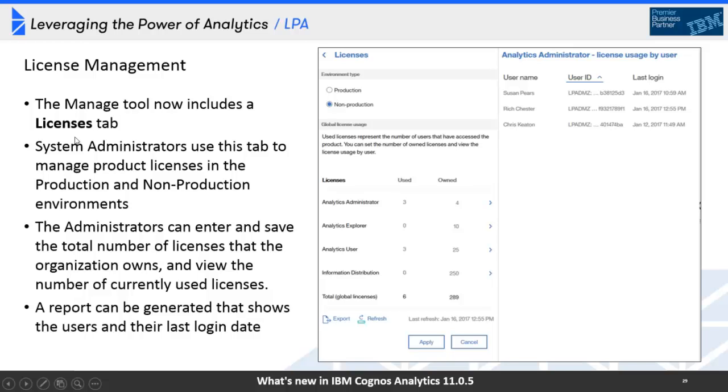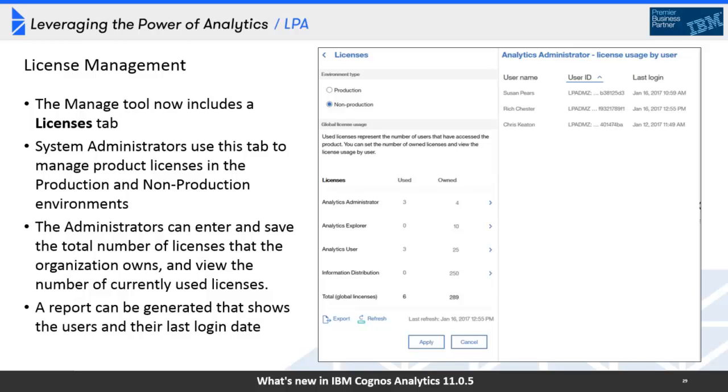First of all, a license management tool. So here's a screenshot of the license management tool that I filled in. And what it shows is a system administrator tool on the Manage button. And it allows me to express whether this environment is production or non-production. And also lets me put in the licenses I purchased under the Owned column. And it leverages the groups and roles and the mappings you've done from your authentication source to populate the Used column